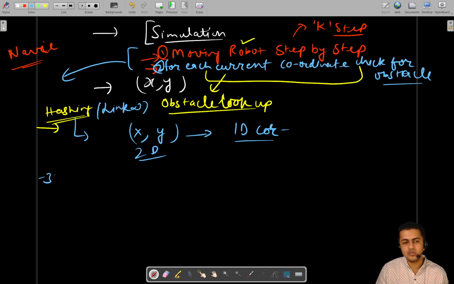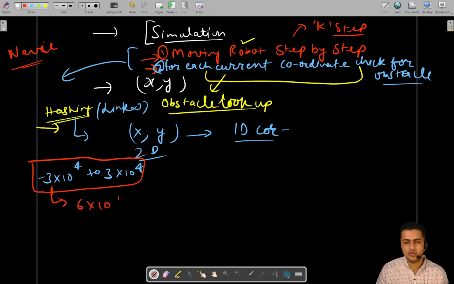So this is the range, and the entire range is about 6 into 10 raised to power 4 units. So what we can do here is keep x as it is, and then multiply y by 6 into 10 raised to power 4,